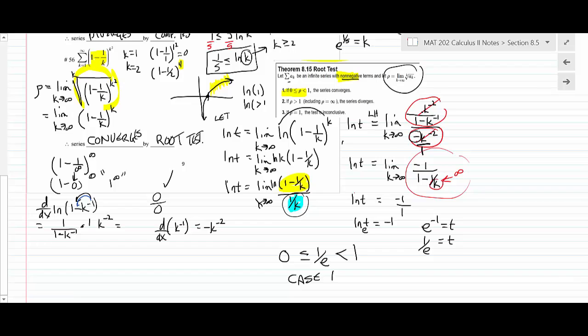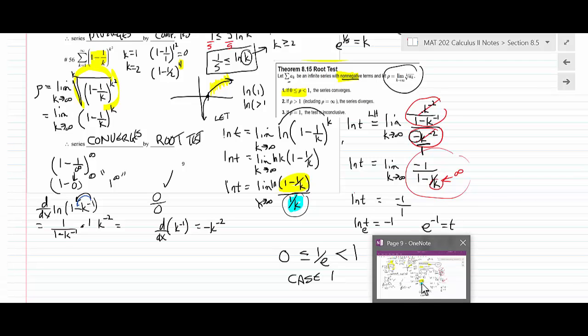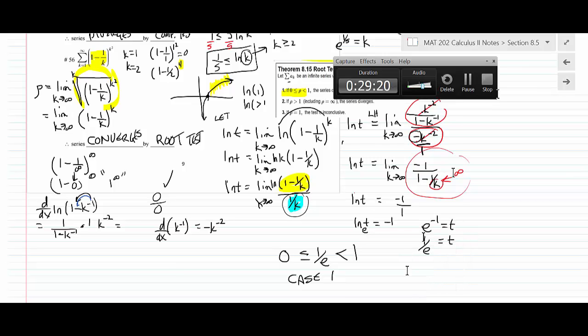I didn't give you a lot of room on the paper, I don't think, so sorry about that. Does that look okay? Is there any question about anything I did? That's a typical thing you sometimes have to do, go off to L'Hopital's Rule, so don't forget about that. Okay, that'll wrap us